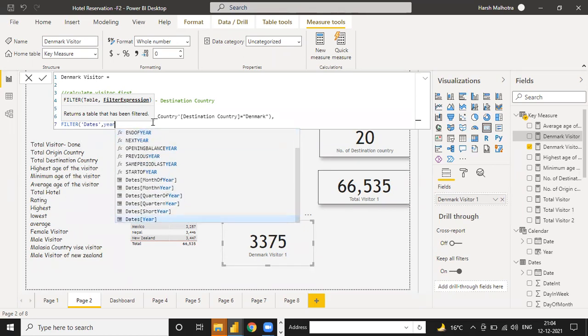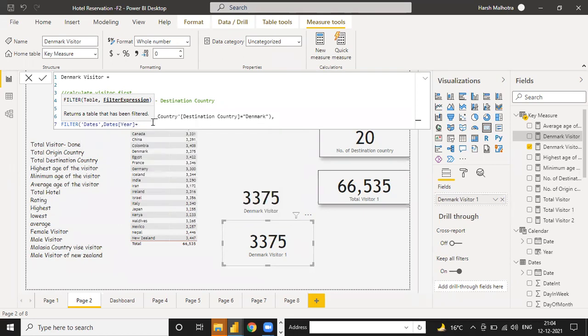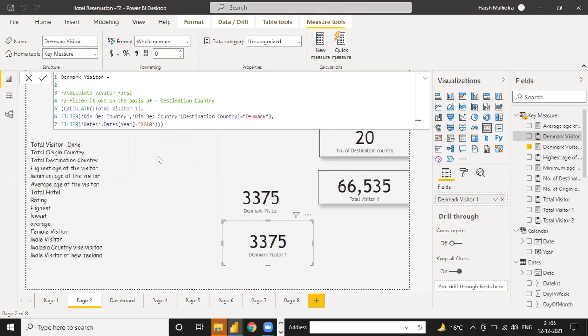This is the column dates year, and here I write which year I want to filter. Suppose I want 2010, filter only for the Denmark country. Then first filter, second, okay, and then just enter. So this function will give you the 2010 visitors of the Denmark country only, not the whole of Denmark, only in 2010.